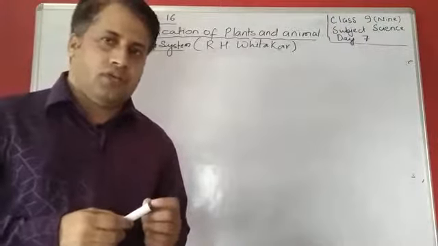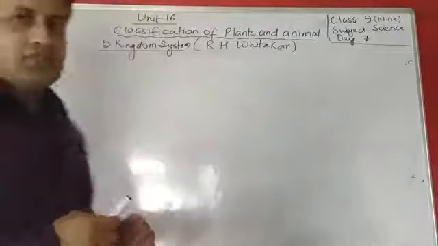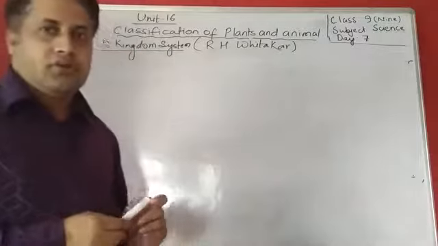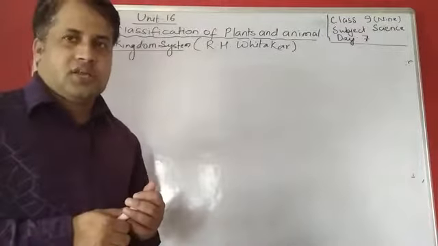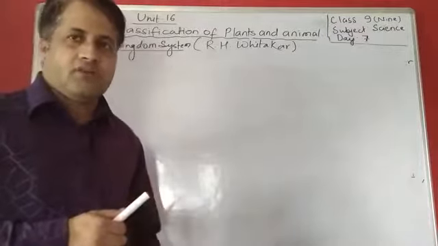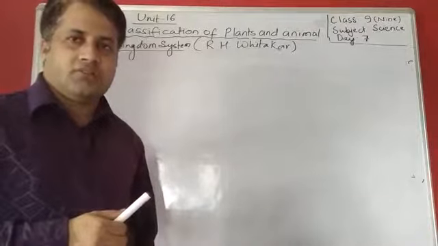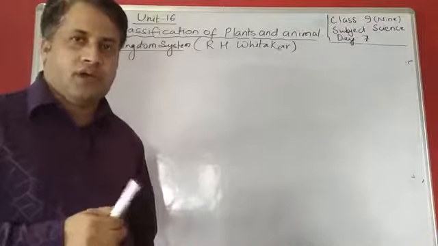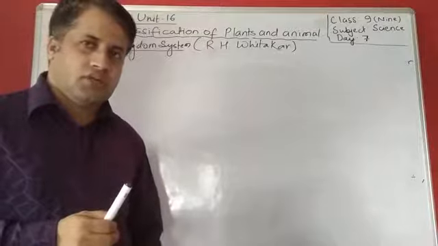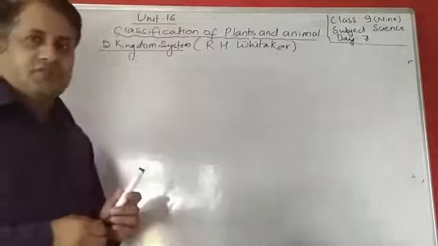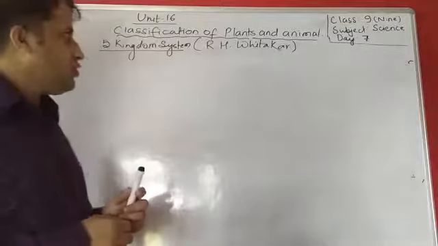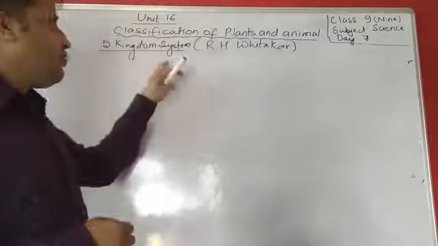So today we are discussing Unit 16, and this is the continuation of a previous topic. In the last class we discussed the classification of living organisms, and we have already discussed the binomial system. So today we will start with the five kingdom system of classification, and this is the system which is propounded